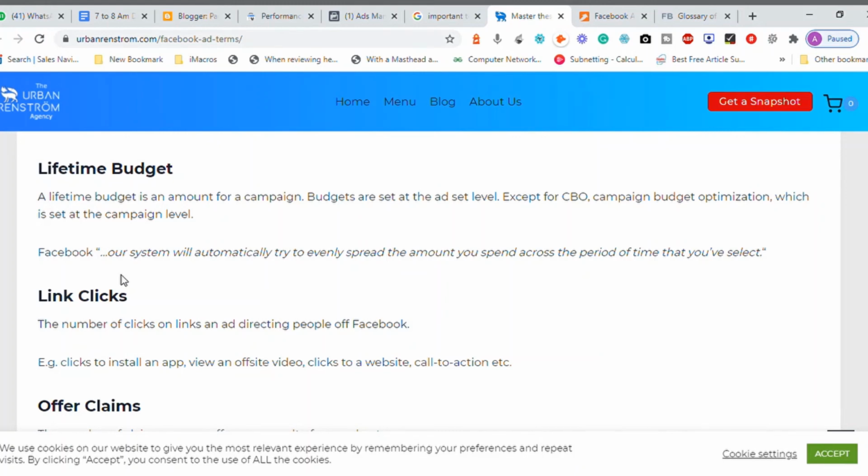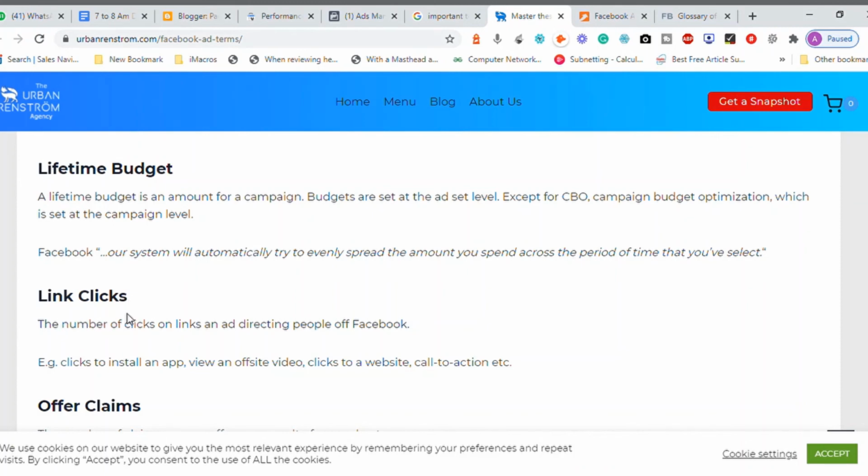If you are running your campaign for a week or 10 days or 1 month, and you define a budget, that budget will be used for the whole 10 days. But if you are using a daily budget, then the advertisement will use it for the same day. So daily budget and the total budget, there are two options.